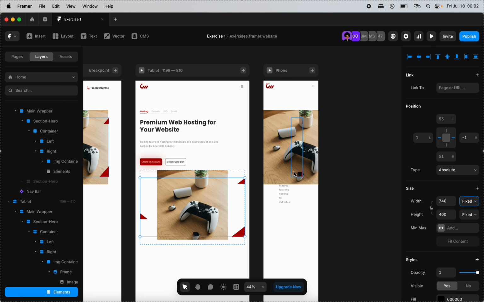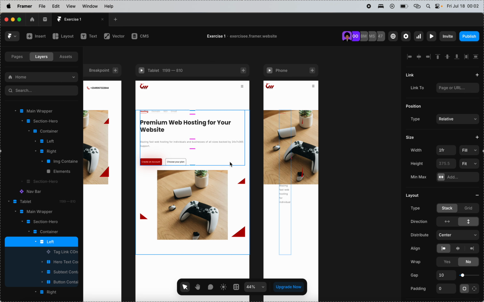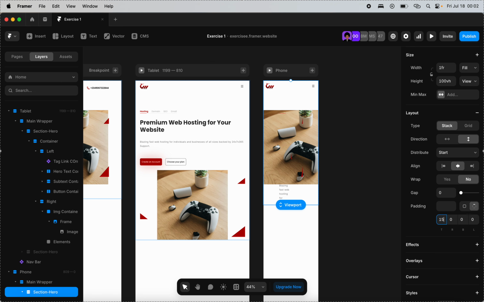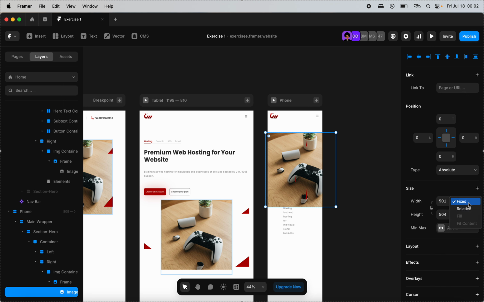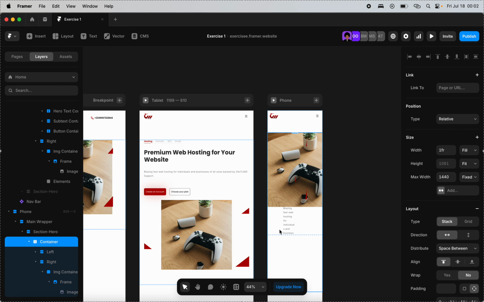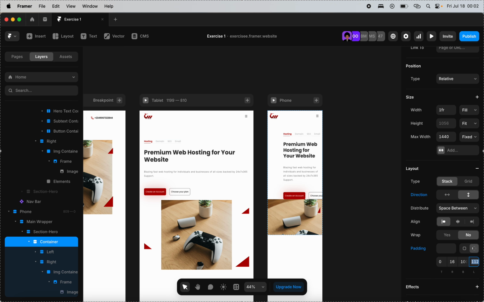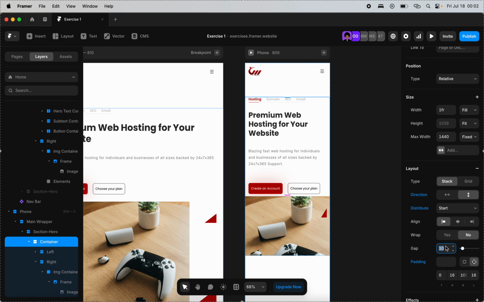Let's just do it for mobile. We've figured it out for this. Let's remove the max width. Perfect. Then let's come back here. This one should be 150. The hero section, and then we have the images. Before the images, let's change the direction from horizontal to vertical, then the padding to 16. You can see it's making sense. And then the distribute to start,